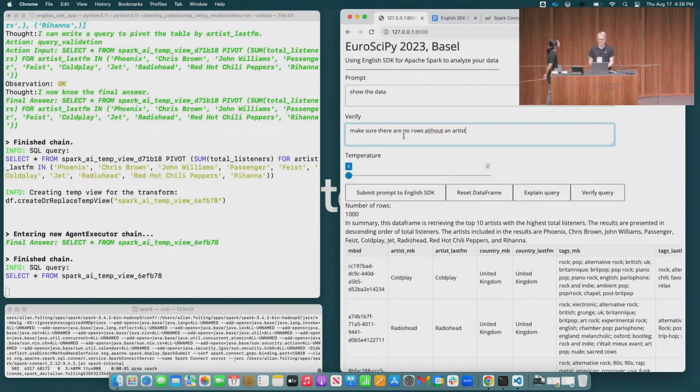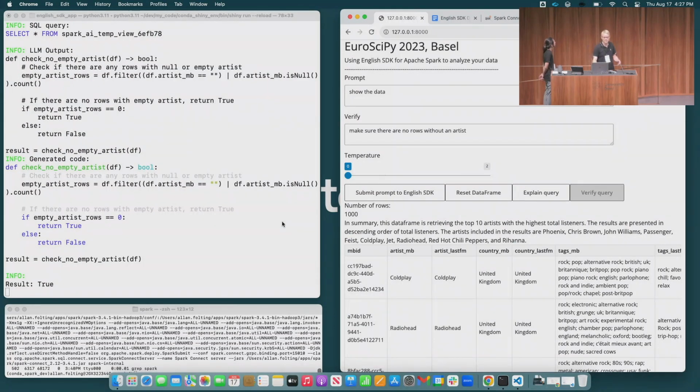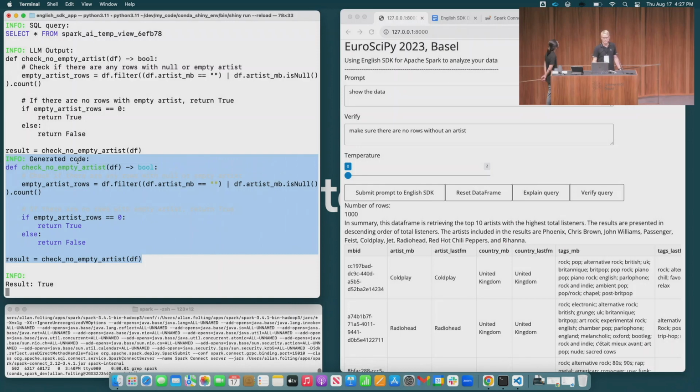So no nulls, right? Or if I could again spell, it would be a little bit better. And I can click verify query in this simple application, and then hopefully you'll see it generate some Python code that I can then take and add for a validation step in my application. And it actually runs it and you see it return true in this case. And this is the actual Python code over here.